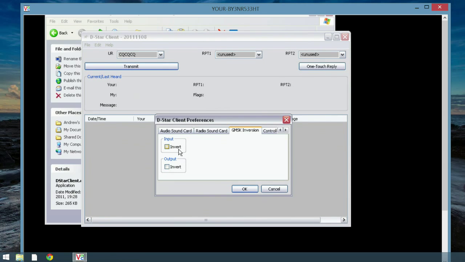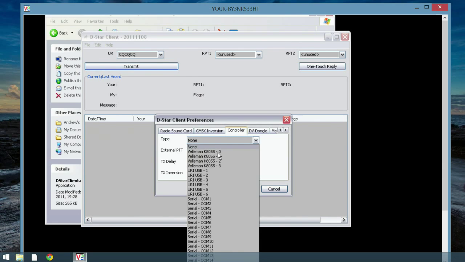So you invert the input and the output. The control tab would allow the interface to key your radio for sending the Dstar string. So again, we have the Velleman inputs, the URI inputs, or the standard serial RS-232